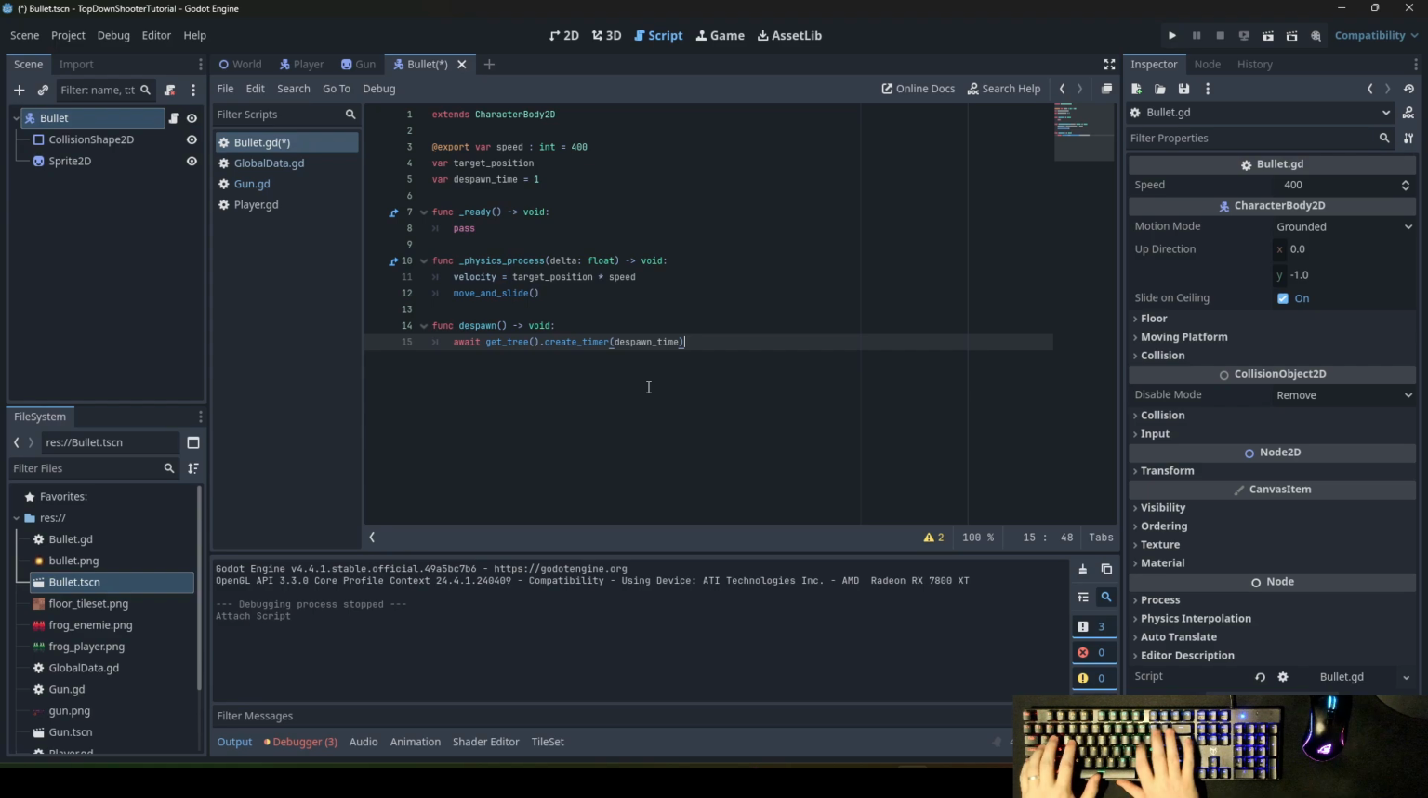And the next thing is dot timeout. What do we do? Get tree will call the tree of the game. Tree is the start point of the whole game, so everything is stored in the tree. Every child is based on this tree, it's just the base scene. Then create timer, that means we just create a timer which will be on the tree as a child node